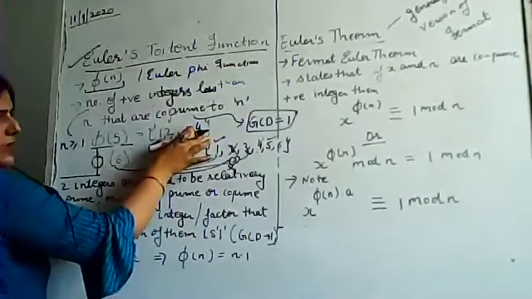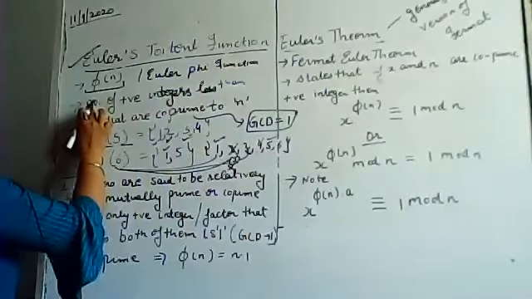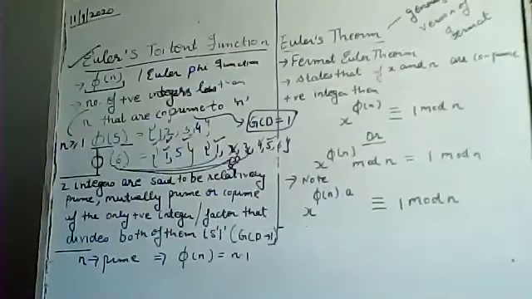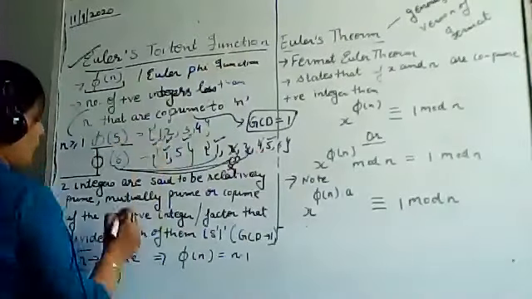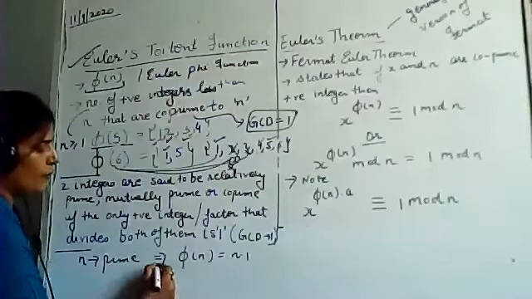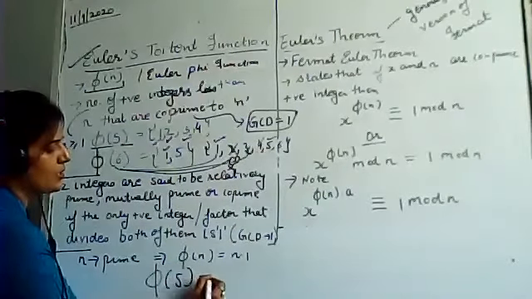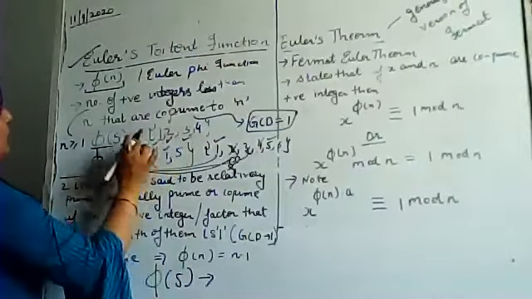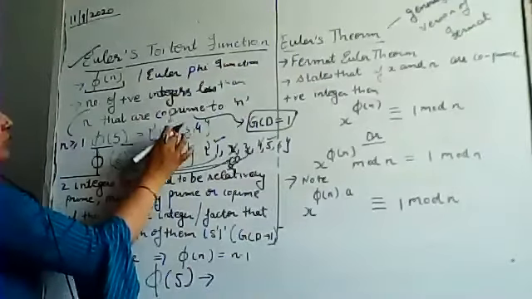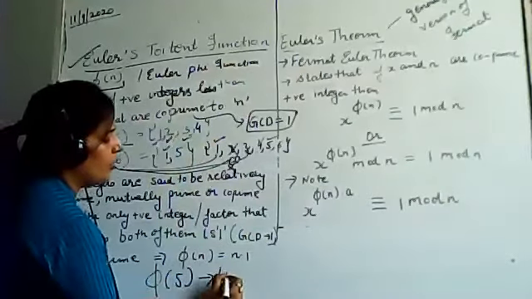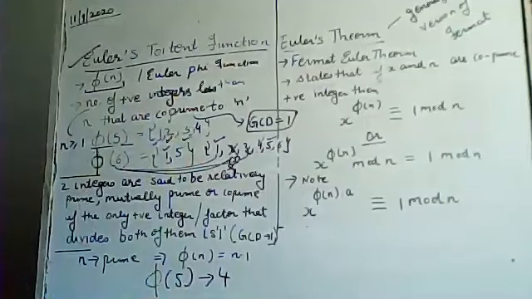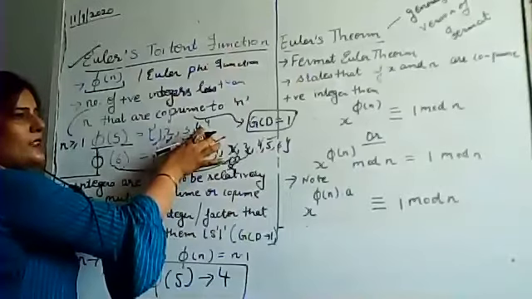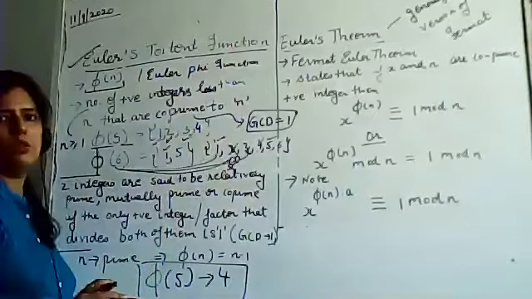Is it this set? No. What we are saying is that the Euler totient function consists of the number of positive integers. Number means quantity. So in my case, for this 5, I'm just showing you in a detailed manner what will be the value: that is 1, 2, 3, 4. So the total numbers we have here are 4. So this will be my answer. This is not my answer, this is just a set, just for your explanation. I have given you all these numbers.